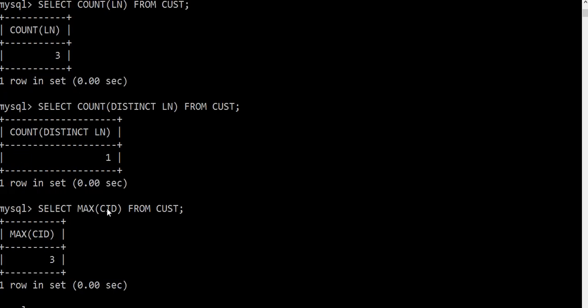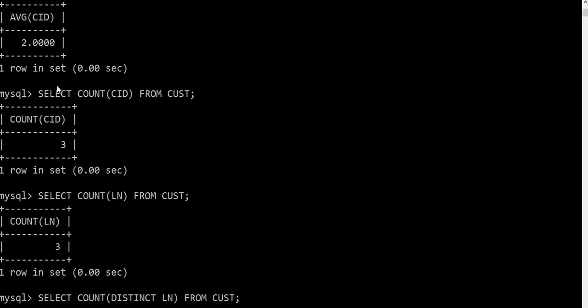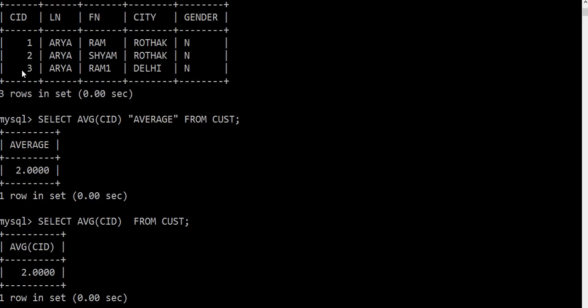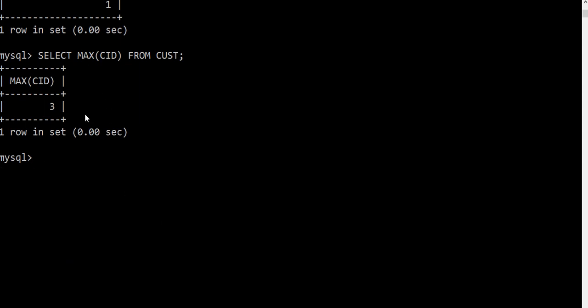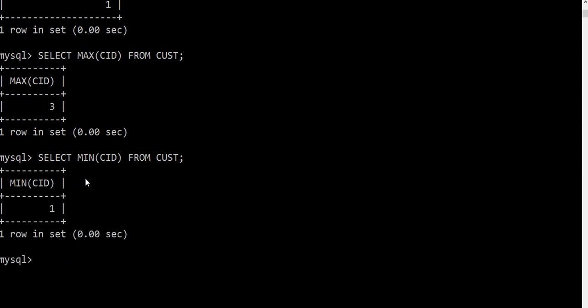The maximum number is 3, you can see here, and the minimum is 1. So if I change max to min, then what will be the outcome? You know, 1.